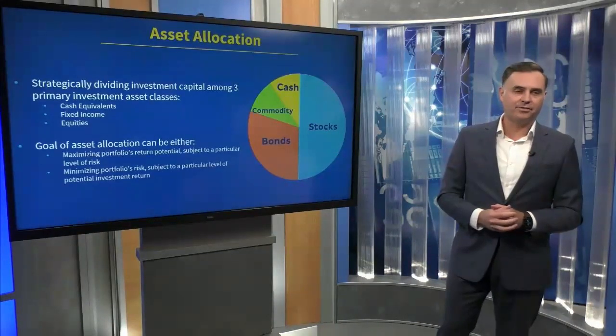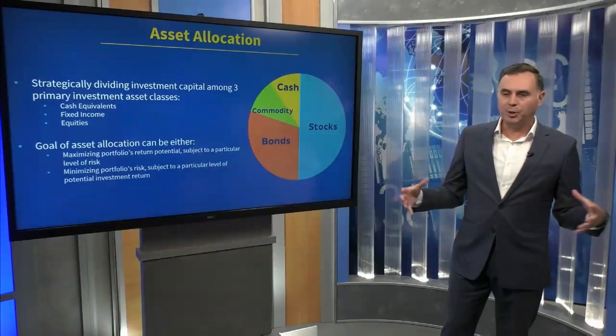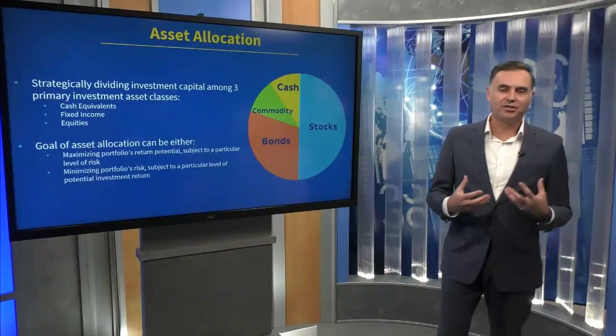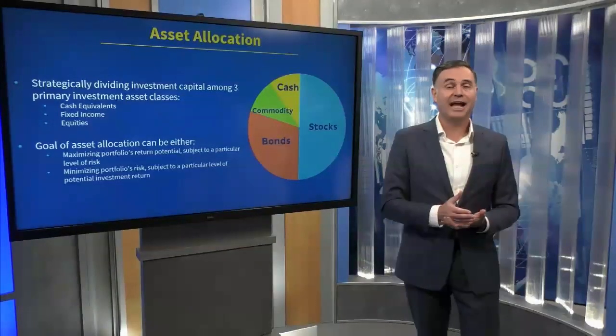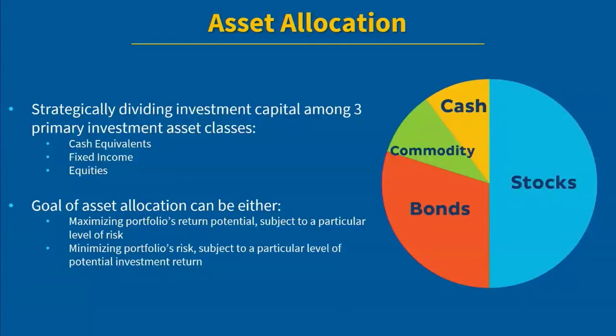So again, asset allocation is the science of building a portfolio, strategically dividing your portfolio into different asset classes. Now, with the asset classes, you start off with a big, broad understanding. Let's say the simplest allocation is stocks and bonds, right? You've got fixed income and you've got equities. Equities could be real estate, equities could be gold, stocks, and then you've got your fixed income like cash and bonds, right? Every investor, whether you're Warren Buffett, whether you're managing CalPERS pension or you're managing your own IRA,